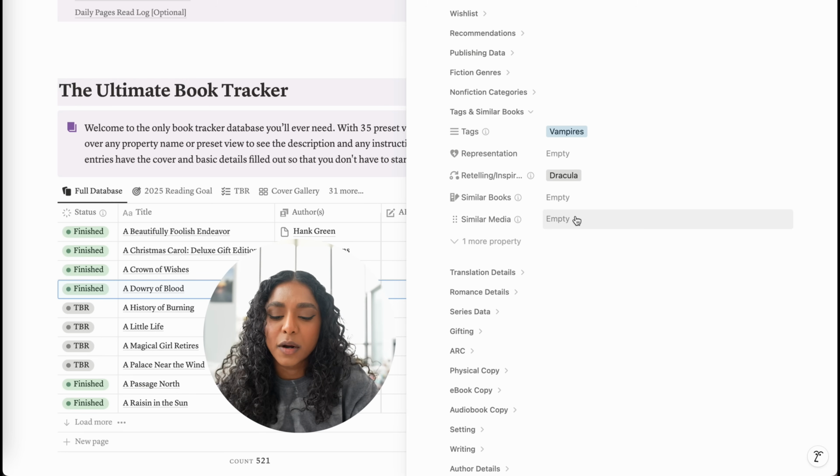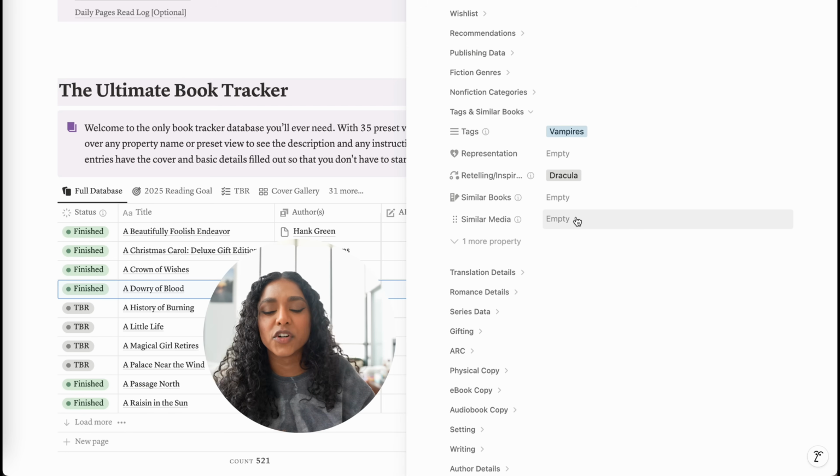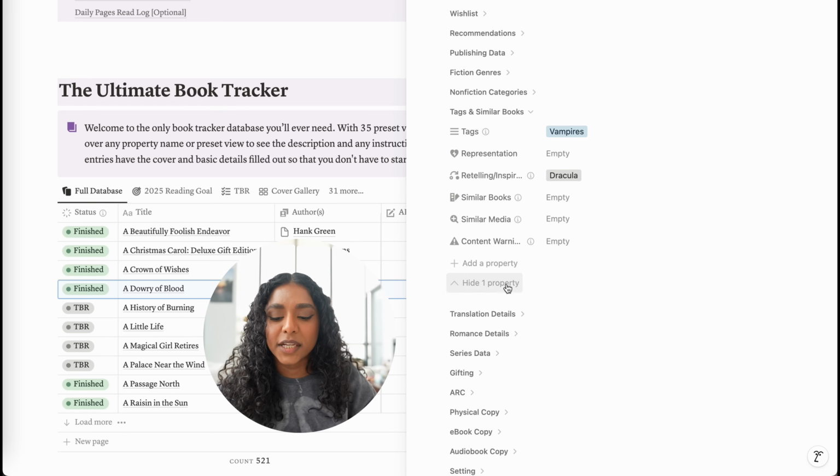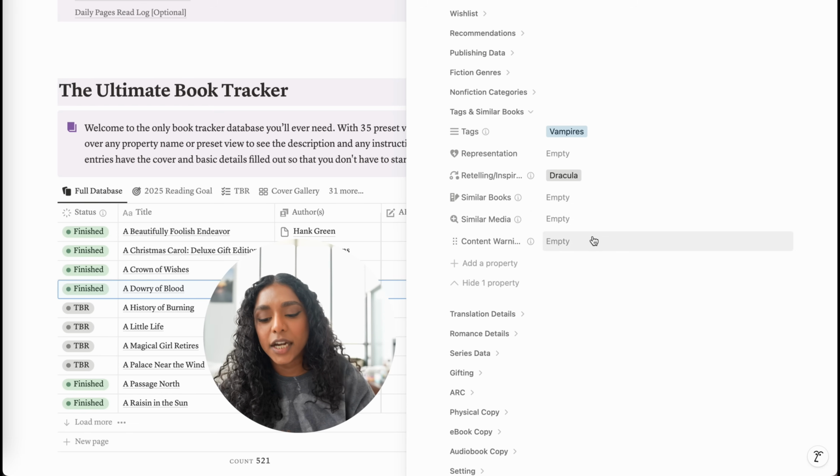And then I've got another property for just similar media. So this could be like TV shows, movies, podcasts, whatever it is. And this is just a written property, so you would just write those in. And then I've got one more property, which is hidden and which you can unhide if you want to,